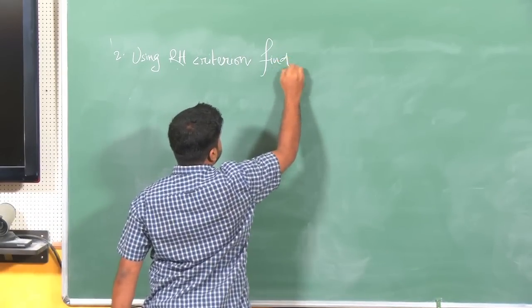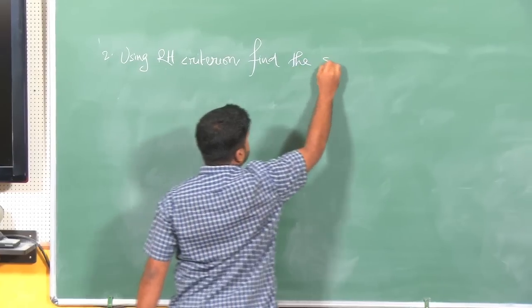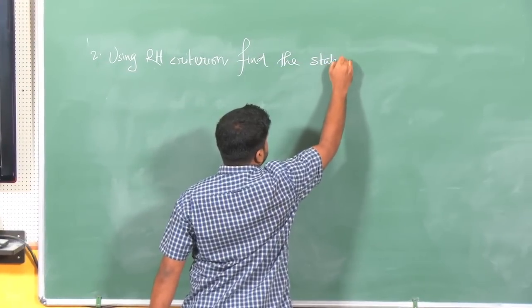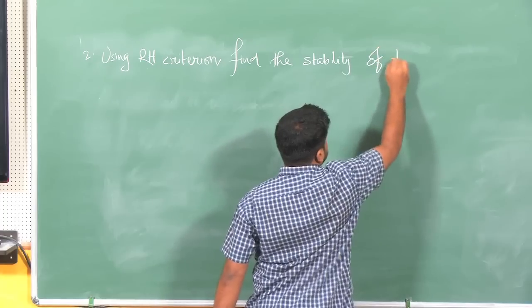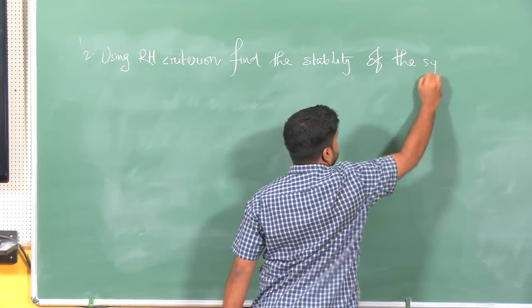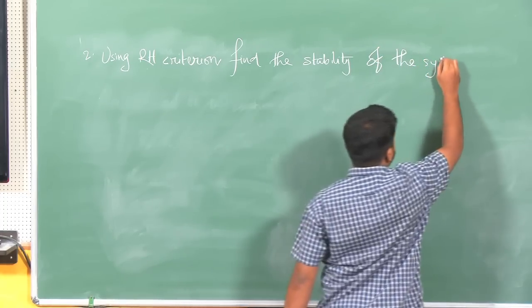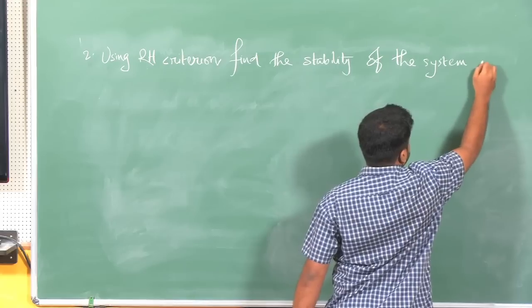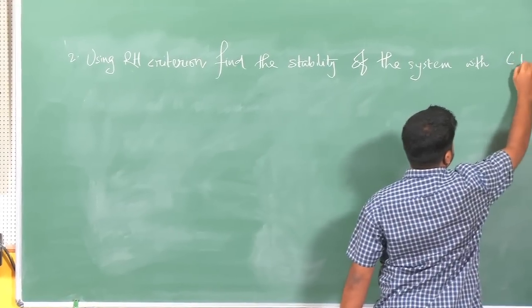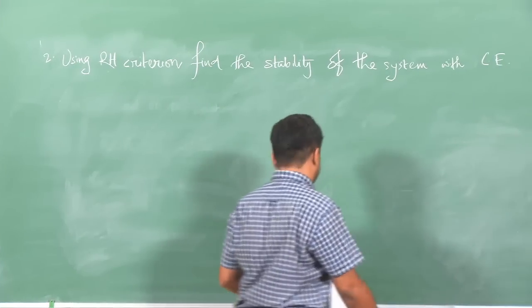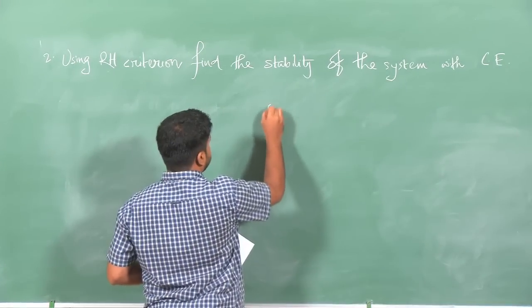Find the stability of the system with characteristic equation s to the power 5